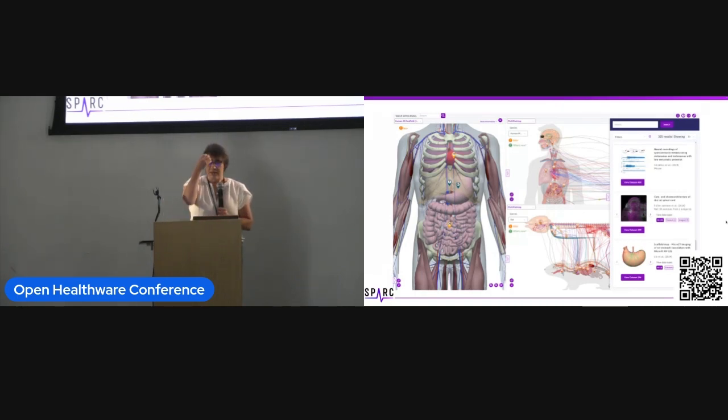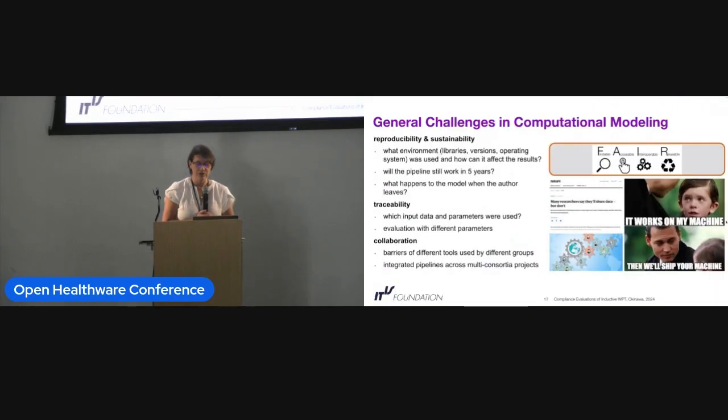The data sets that exist already that are present, you can go right to them. And then from there, you can actually do some in silico modeling if you would like.